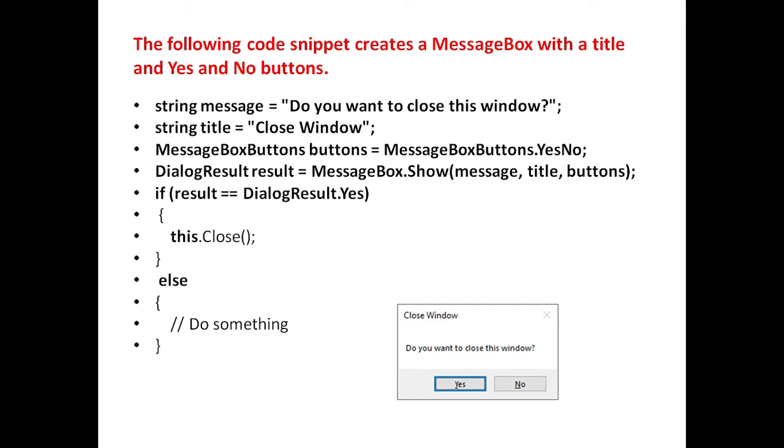That is, if the result is Yes, the form is closed, else the conditions that you are going to execute. After executing this code, you will get this. Title will be Close Window, message will be "Do you want to close this window?", and with two buttons Yes or No. If you click on Yes, it will close the form, and if you click No, it will perform the actions that you have written here.